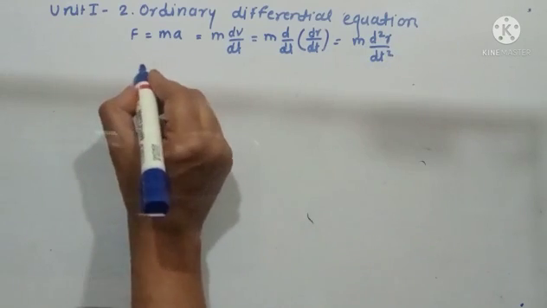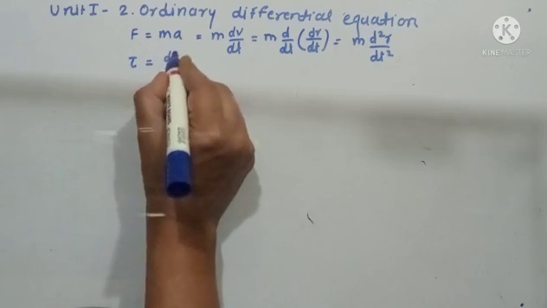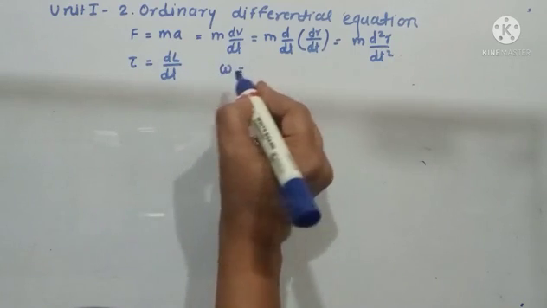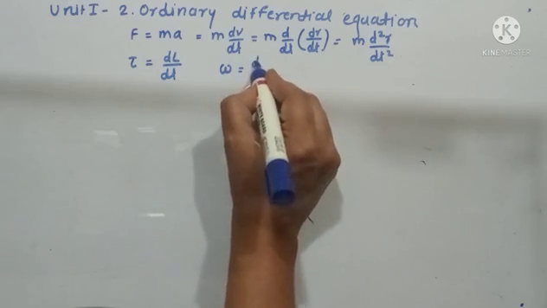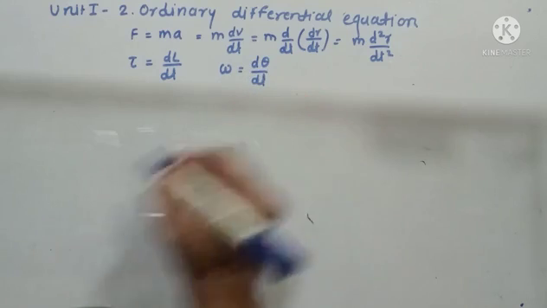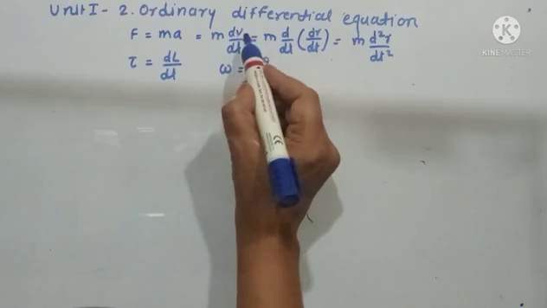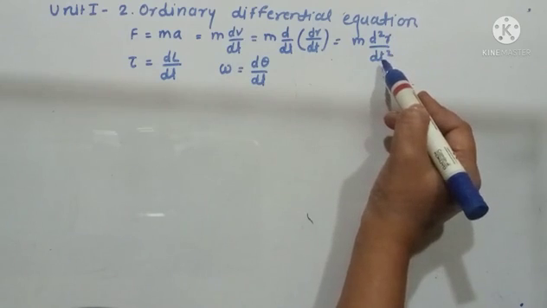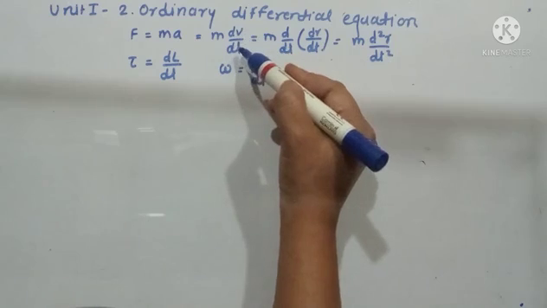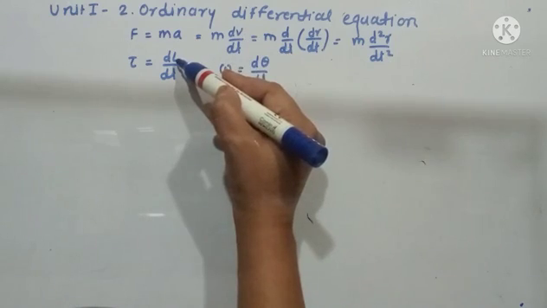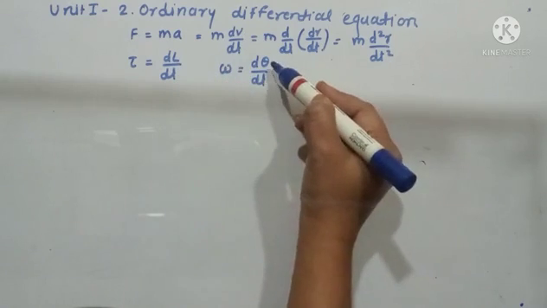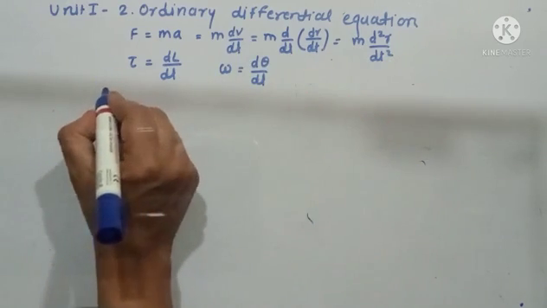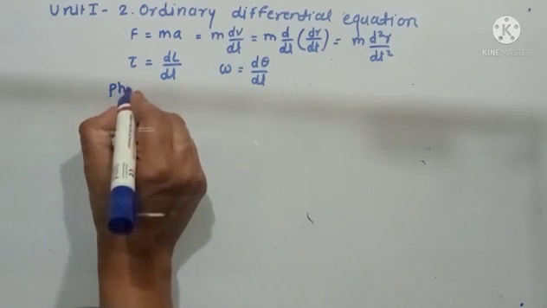We have also seen an equation like this. We have come across angular velocity, dθ/dt. So here you can see that this displacement is a function of time. Here the velocity is a function of time. So this angular momentum is a function of time. Here the angular displacement is a function of time. So in physics, whenever there is some physical quantity